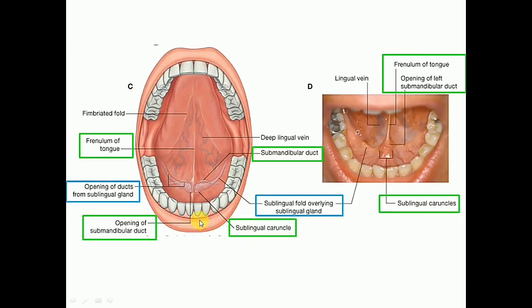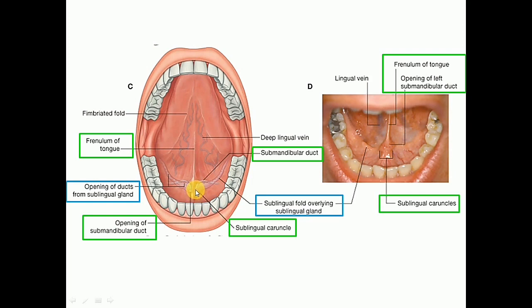As we can see from the figure, when we elevate the tongue in the inferior surface, that is in the floor of the mouth, we can see first of all there is a frenulum of the tongue on the inferior surface in the midline. And if we see the base of the frenulum of the tongue, here on each side we can see folds. These are the sublingual fold, deep to which lies sublingual salivary gland. And on the medial side we can see here there is sublingual caruncle, also known as sublingual papilla, on the summit of which opens the duct of the submandibular salivary gland.